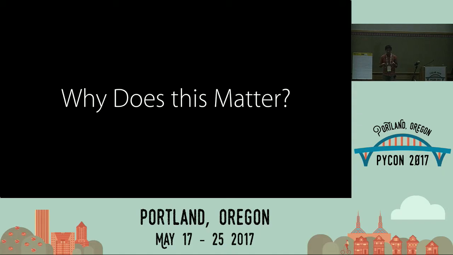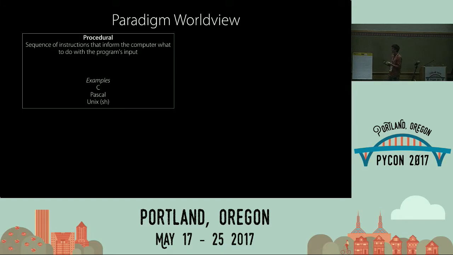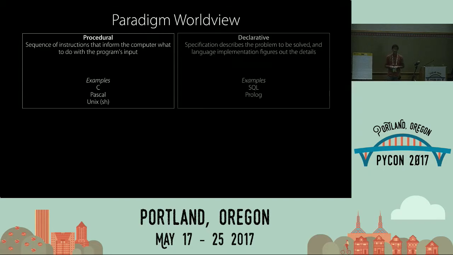I want to transition away from those examples and just talk about why this actually matters. I have a somewhat controversial worldview that programming paradigms really live in different places. You have your procedural programming paradigms touted by things like C and Pascal, where you tell it a sequence of instructions to do. You have declarative programming languages like SQL and Prolog, where you just describe what you want out.